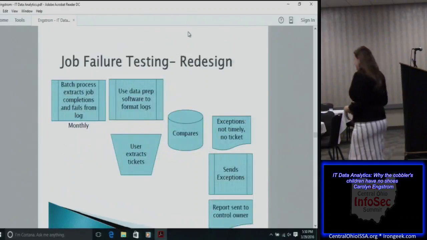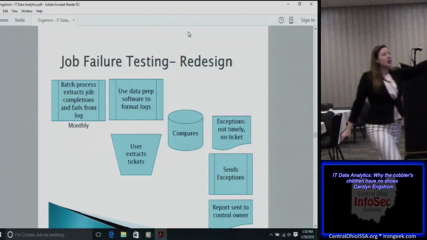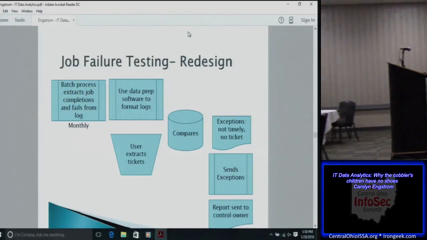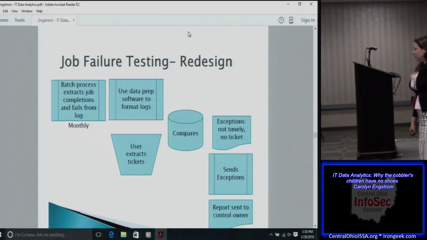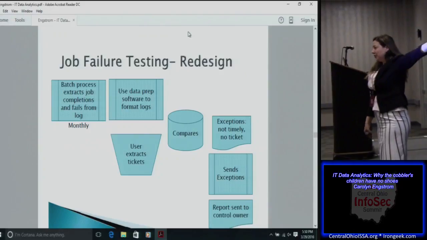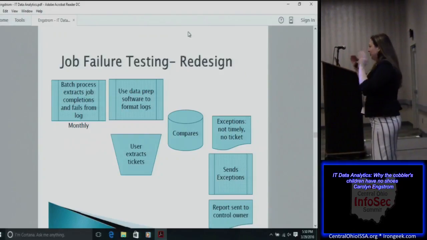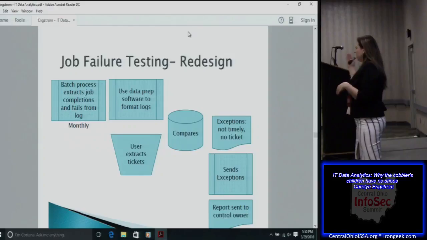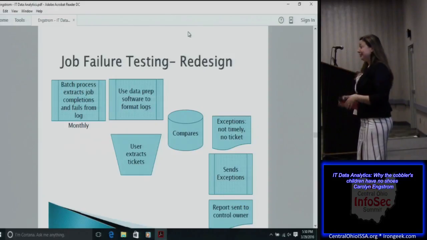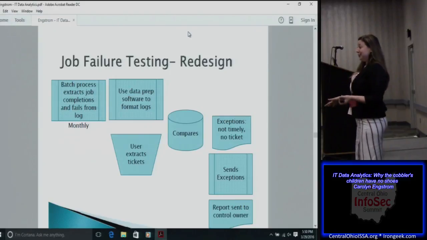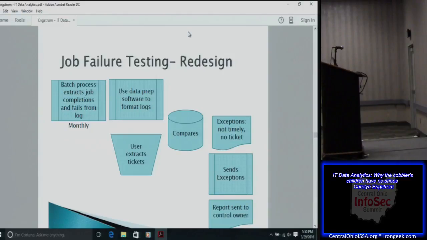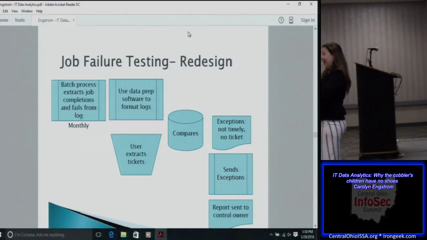So this is my redesign. I didn't change a thing. I still get the same data files that my control owners were pulling. I use the data prep software to extract the job name, the date that it failed, some attributes like that. Then I just went into my ticketing system. I exported all of the job tickets. There's a field that includes the job name, and I put the two files together and I said,